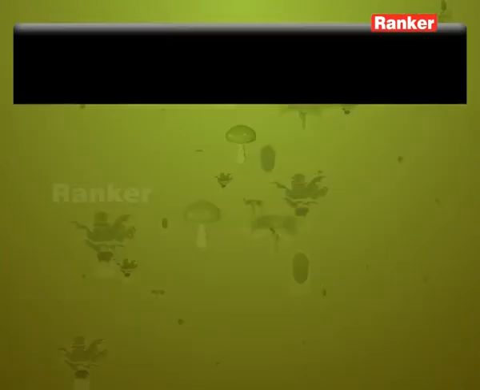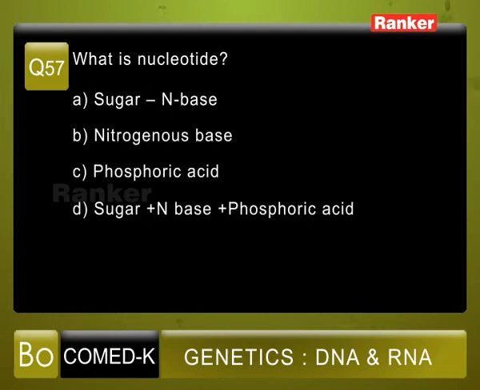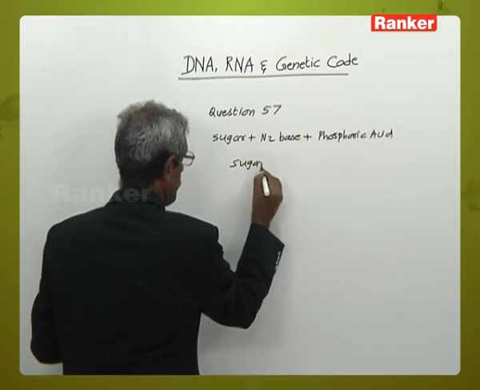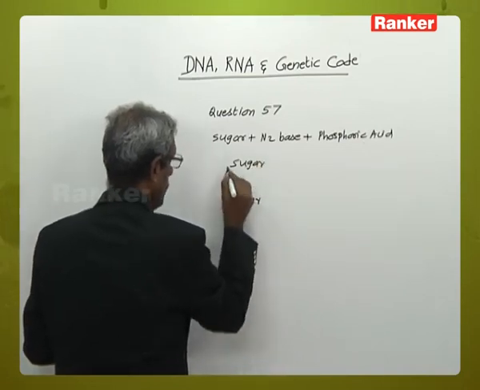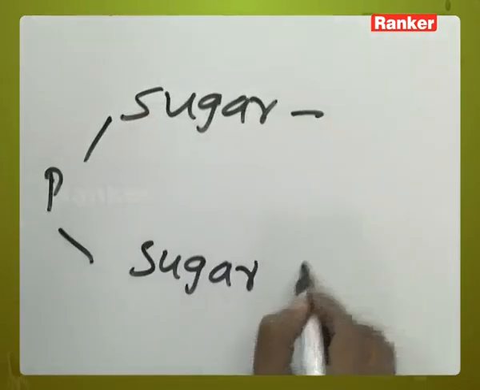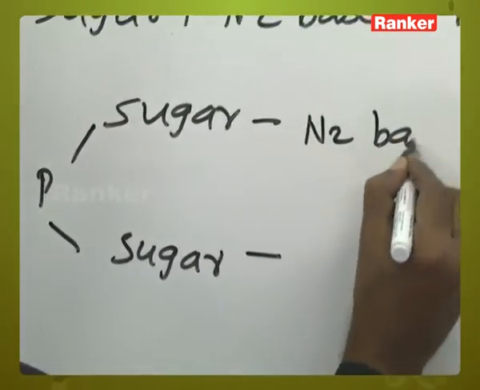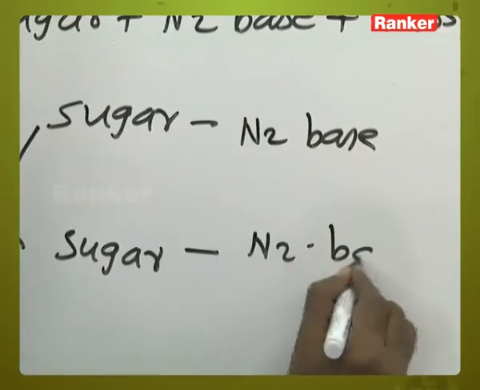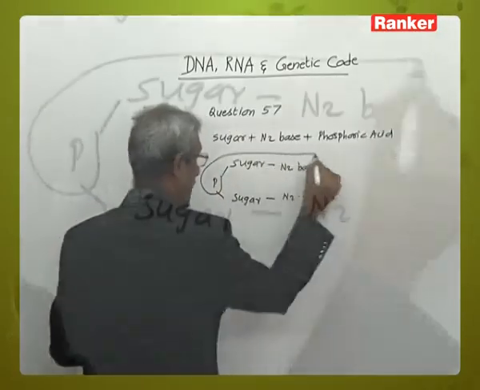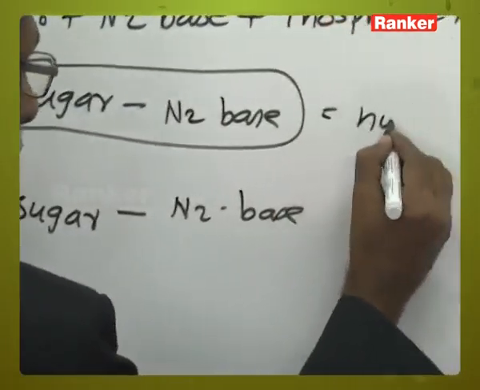We go to question number 57. What is a nucleotide? A nucleotide, as you know, is predominantly made up of a sugar plus nitrogen base, and phosphoric acid. If you take a sugar and another sugar, they are linked by the phosphate bases, and each of these has a nitrogen base. So sugar, phosphate and a nitrogen base together is termed a nucleotide,